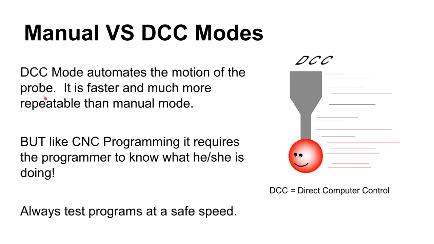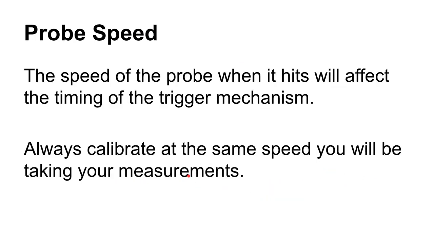And then generally, once you've probed that first manual point, you don't always have to program a manual point, but it's in general a good idea. If you're doing a lot of production with a fixture where everything's going to be in the same spot over and over again, you can get away with not doing it, but you didn't hear it here. But anyway, you let the DCC take over, because the DCC will probe very consistently. And that's in general what you want to do, is do manual as much as is appropriate, and then switch over to DCC mode, and you'll get really nice repeatable results.